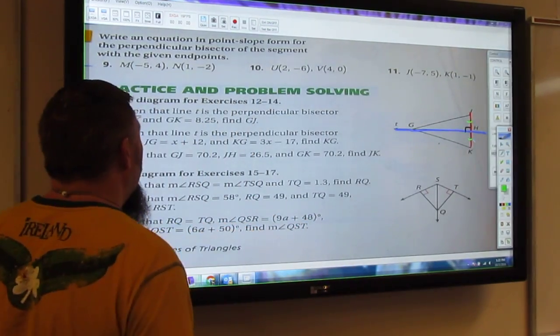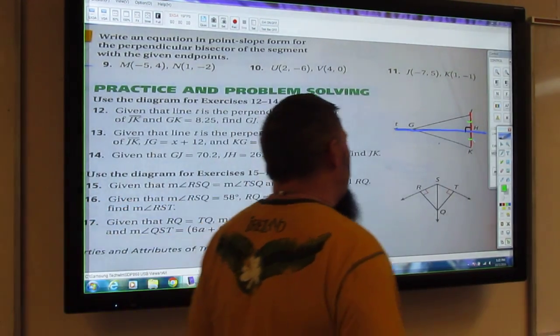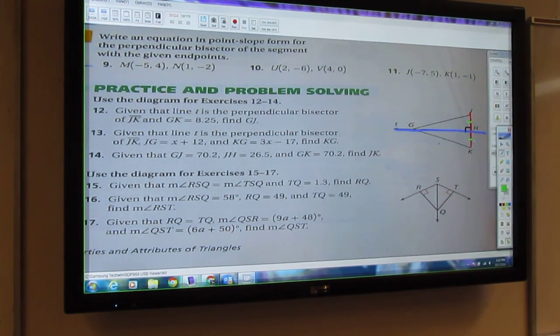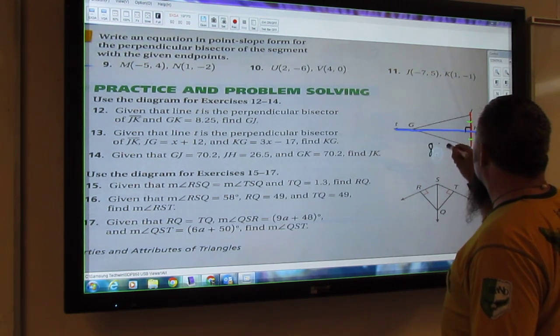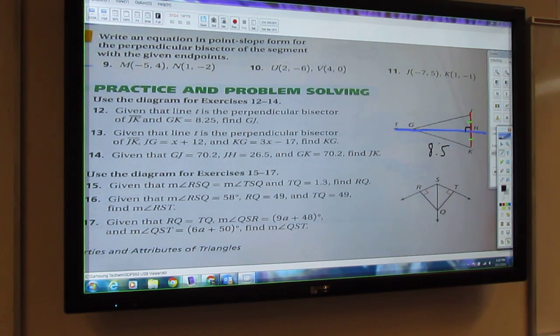Of JK and GK, which equal 8.5. GK equals 8.5. So this is 8.5. Okay. So find GJ. Right? Well, wouldn't it be 8.5? Exactly. What we should know is that this is also a right angle, right? And that they share this, right? So this is